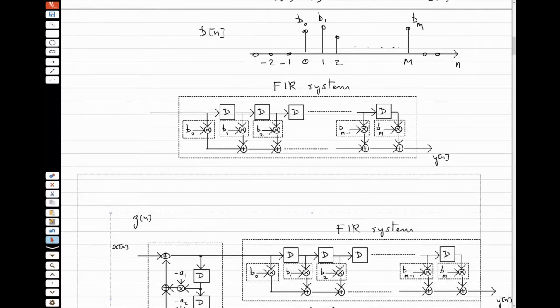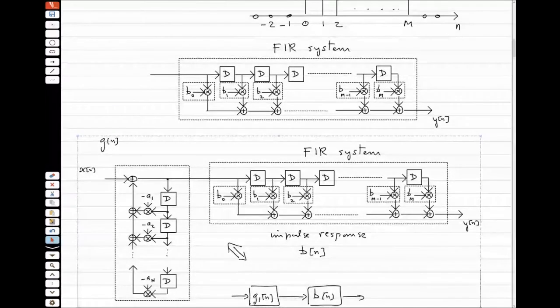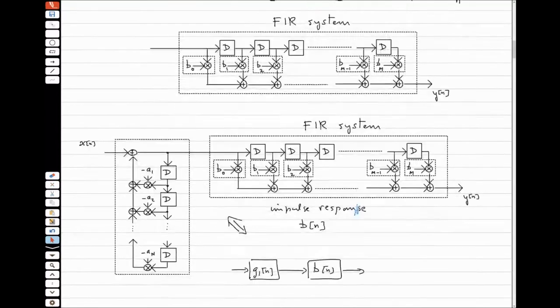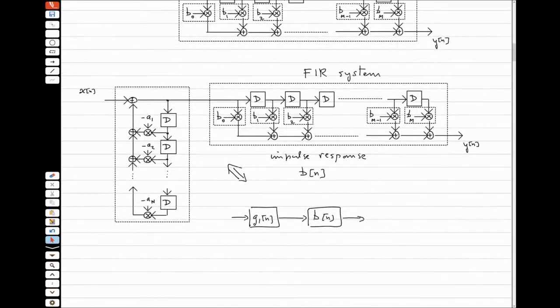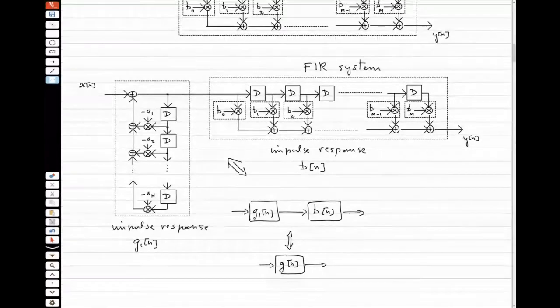Here. Then this is going to be equivalent to this, which is equivalent to g of n. So here, impulse response g1 of n, impulse response v of n. This is the cascade of the two, so that has